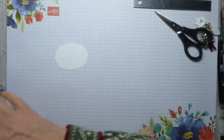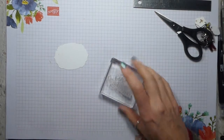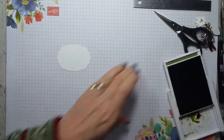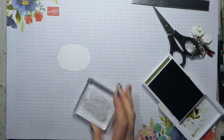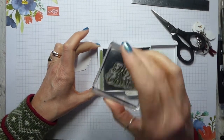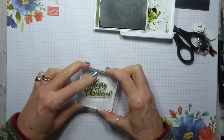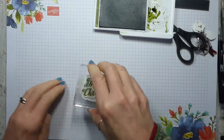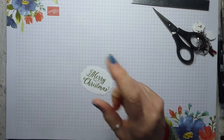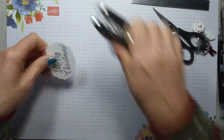Then for the label, I've taken the Merry Christmas from the photopolymer Christmas rose set, and Mossy Meadow. I've already die cut the label and stuck my finger in the ink pad. Not a clever idea. So just ink up, and the joy of course with photopolymer is you can see that you've inked it up well, whether it's your finger or not. Stamp down and release. I always like it when it's stuck to the label, because that means you've got a good amount of ink. Then I'm just going to take my same hole punch and punch a hole in one end,